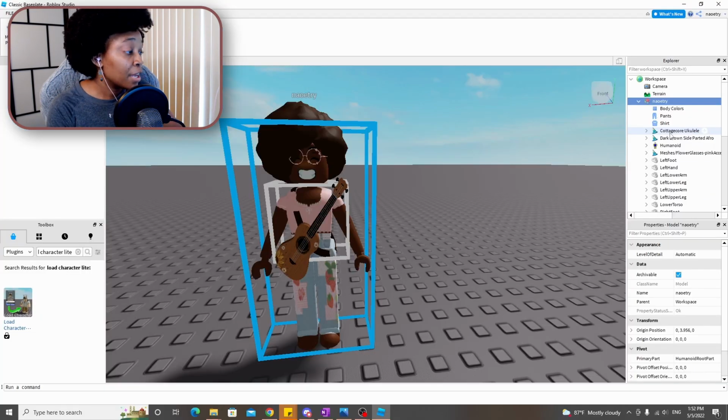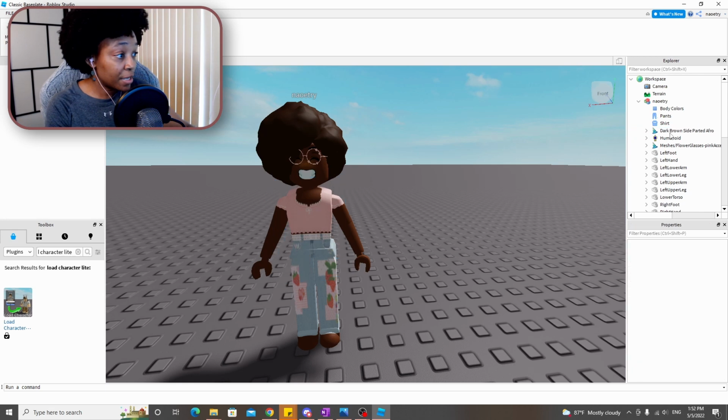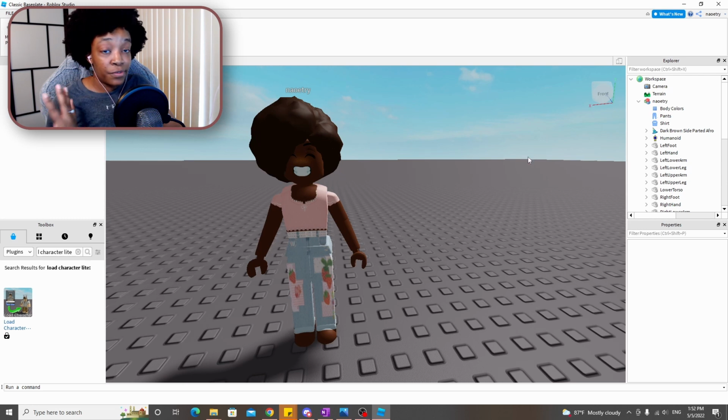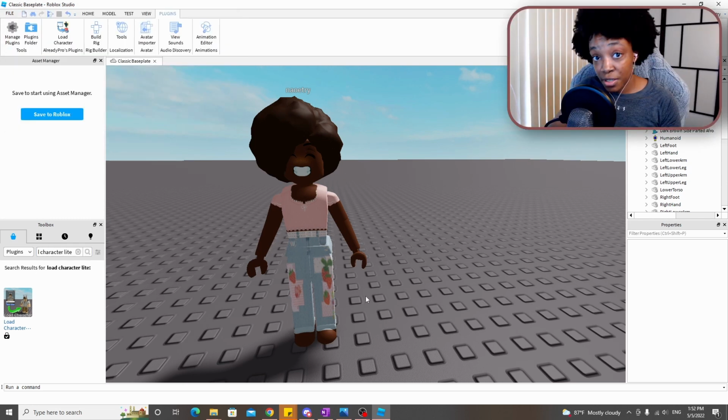So I'm gonna get rid of my ukulele. I'm just gonna click on the cottagecore ukulele and hit backspace. And then I think I may also get rid of my glasses. Backspace, because I want to add a different face on here because I just want to show you what that looks like. So to change the face, you're gonna wanna go